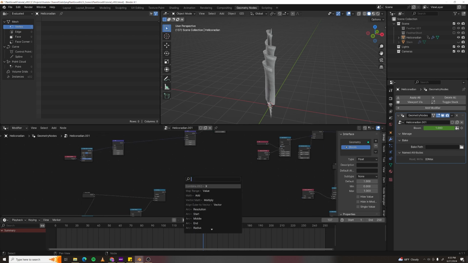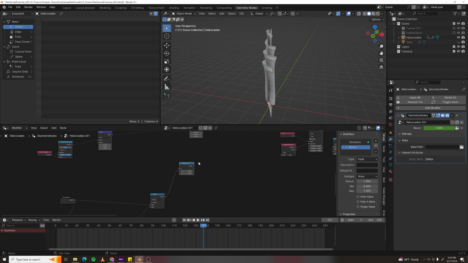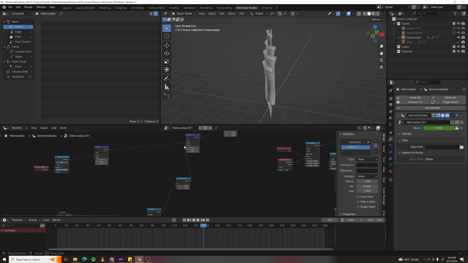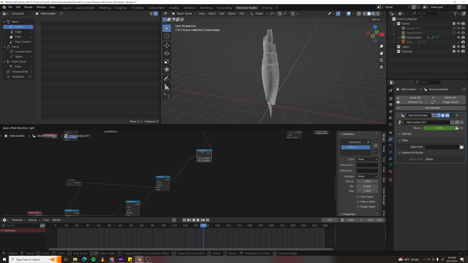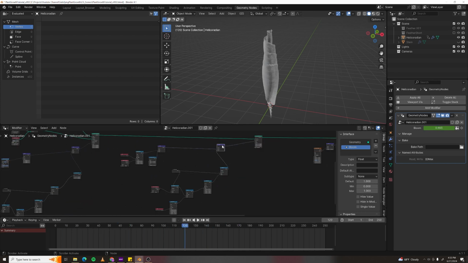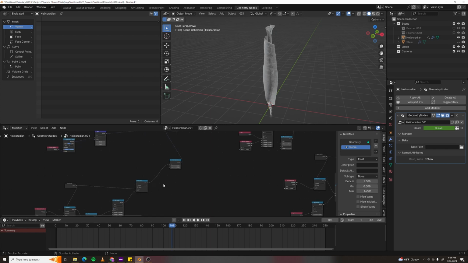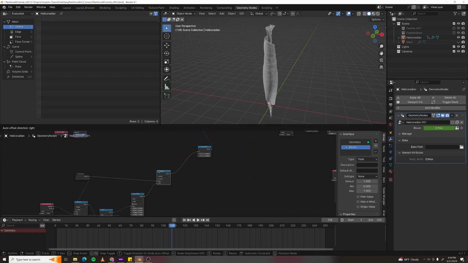So make a combine XYZ, and the x-axis, plug vector into vector, and now we're set up. But this isn't giving us the values we want. If I turn off the scale so we can see what rotation is doing, it's kind of the opposite of what we want. So if I add another map range node,